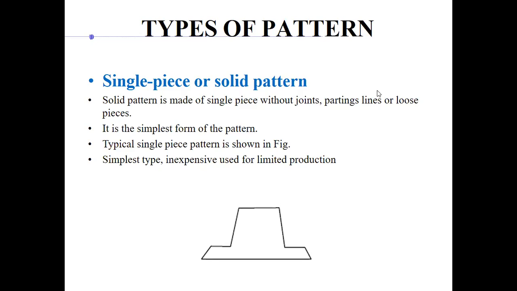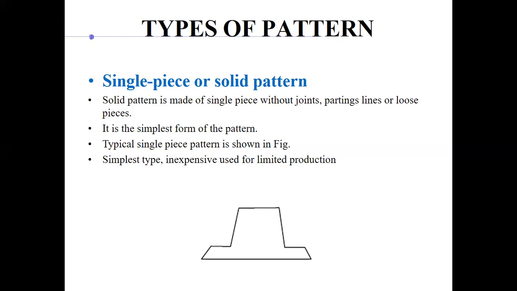Okay, then you see, these are the types of patterns. Just as we have materials in patterns, we have different types of patterns. We have all these types because we have some problem, either the geometry or maybe the size of the casting is too large. All these factors are responsible for the types that we use. We opt for a certain type over another, so that is the need for these types.